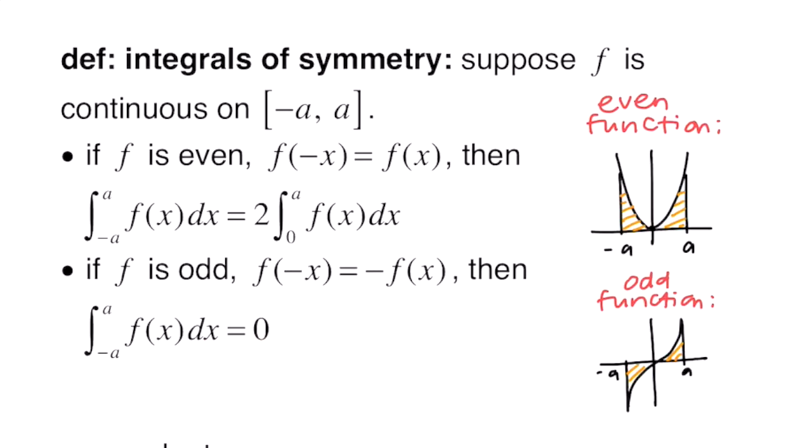And you can see right here is an example of an odd function. Integrating from -a to a, this area is the same as this one, it's just this one's below the x-axis, this is above. So this would have an area that's negative, and this area would be positive, so they'd cancel out, and it just gives you 0.